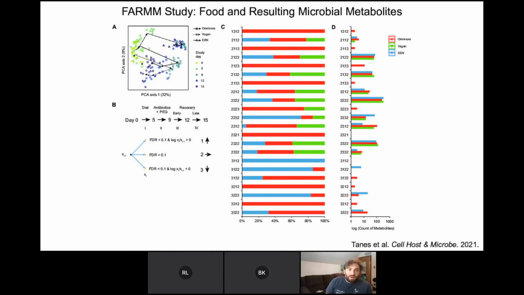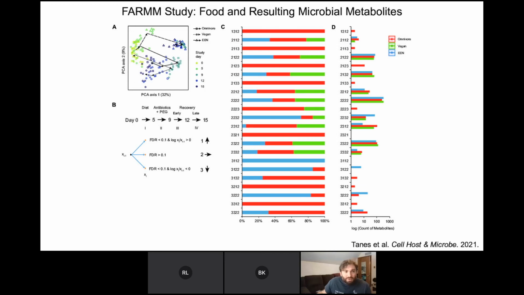We did use an untargeted metabolomics approach to look at both the fecal and plasma metabolome in this study over time. And in general, we saw robust changes in the fecal metabolome that is shown here on the same type of principal coordinate analysis. And you can see that for each of these diets, there's significant alterations over the course of the study. And to be able to handle the number of metabolites, which was about 6,000 that were able